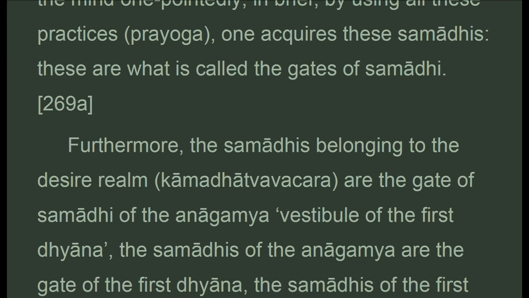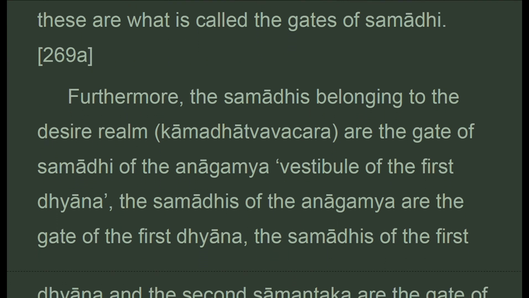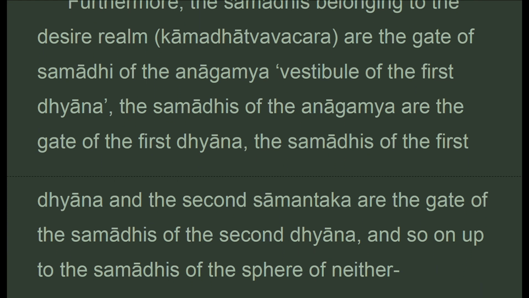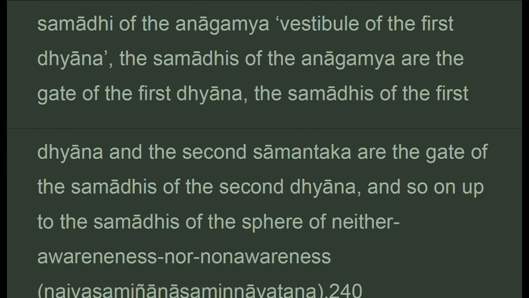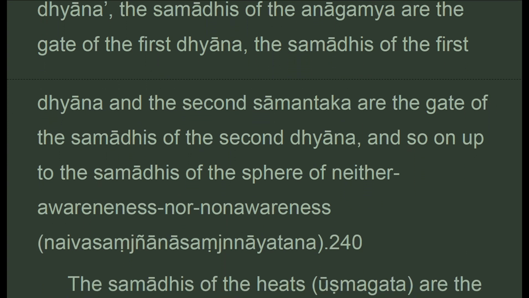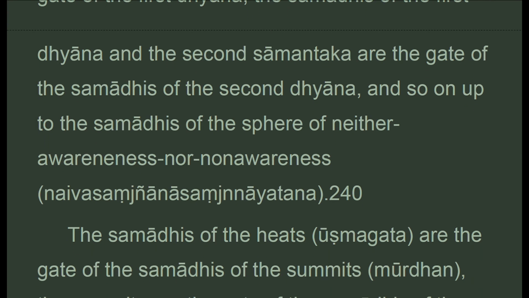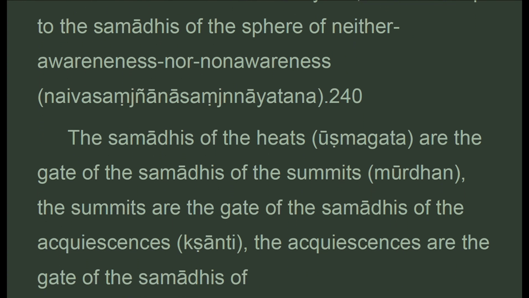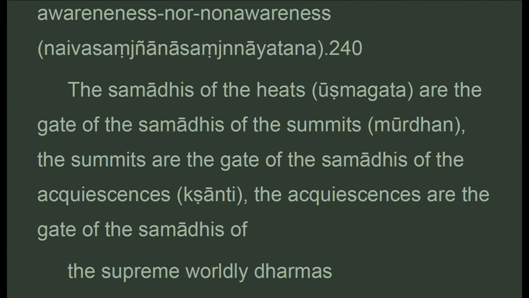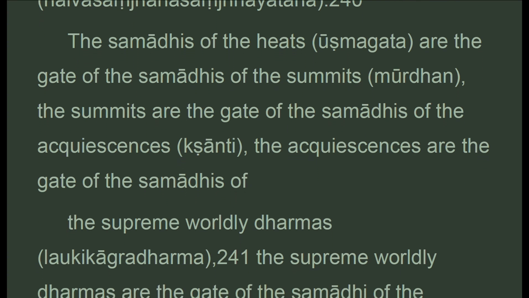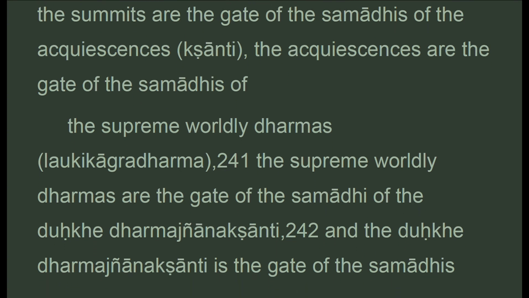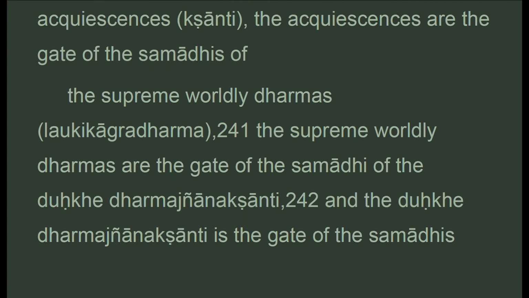Furthermore, the samadhis belonging to the desire realm are the gate of samadhi of the anagamya vestibule of the first dhyana. The samadhis of the anagamya are the gate of the first dhyana. The samadhis of the first dhyana and the second samantaka are the gate of the samadhis of the second dhyana, and so on up to the samadhis of the sphere of neither awareness nor non-awareness. The samadhis of the heats are the gate of the samadhis of the summits, are the gate of the samadhis of the acquiescences, are the gate of the samadhis of the supreme worldly dharmas, are the gate of the samadhi of the dukkha dharmajnanaksanti, and the dukkha dharmajnanaksanti is the gate of the samadhis